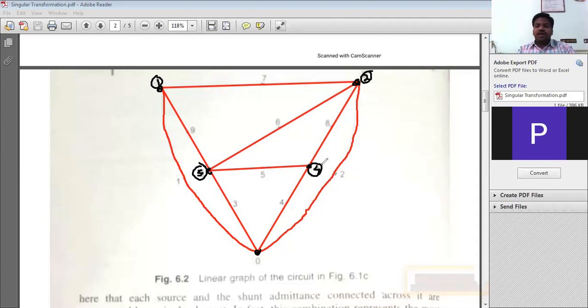See, in the last class, I have not explained by considering this example. So as far as some requests are considered, I have again considered some simple example for explaining the Y-bus formation using singular transformation, right? This is only for your sake. Already we have completed this, but anyway, based on the requests received from some of your friends, again I'm going to draw this one.